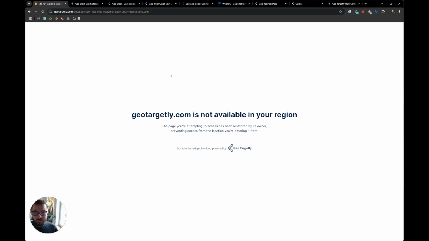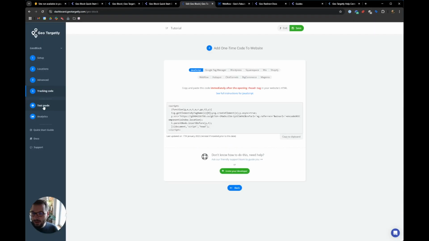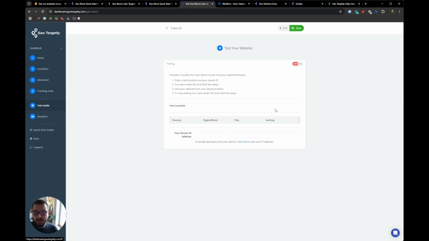But there's another way to test, and I think that's even a better way to test, and that is by using our built-in test mode. So if I return over here, you can see that there's test mode. What test mode does is it lets you simulate any visitor location. What you'll need for that is